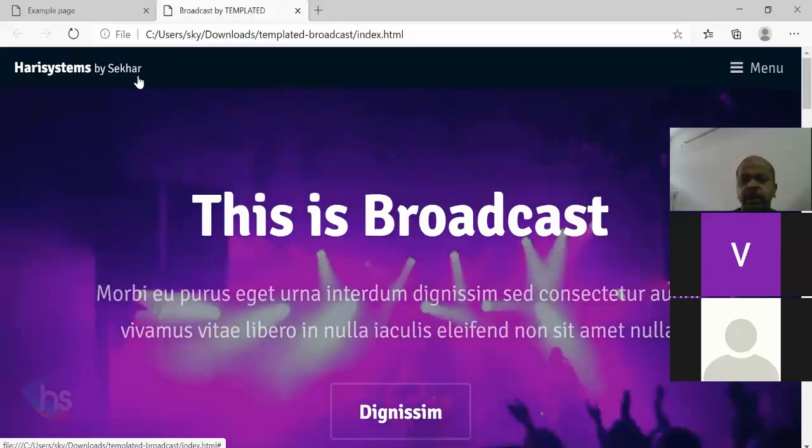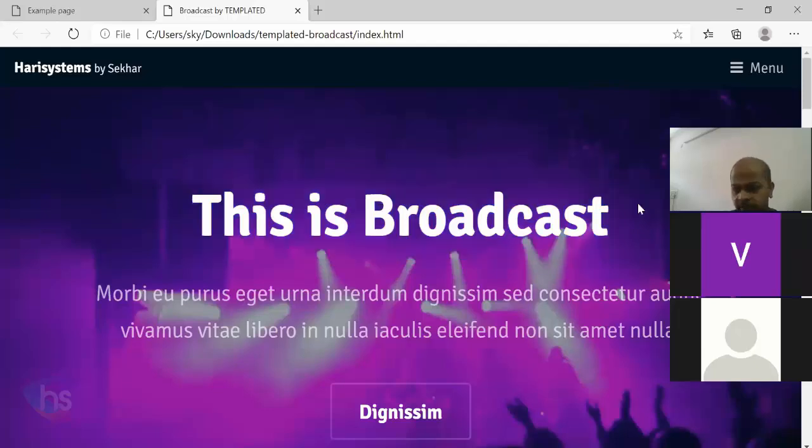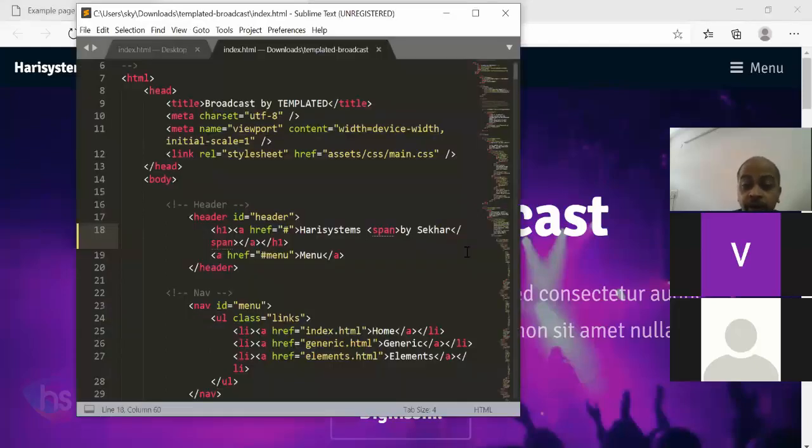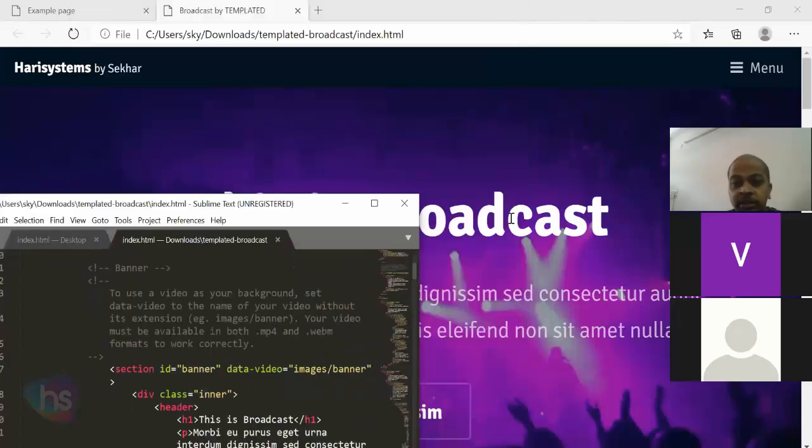Have I written any single line of code till now? No. So this is broadcast, it is showing some information, and I can change it. Very simply, open the page and find where this broadcast is.